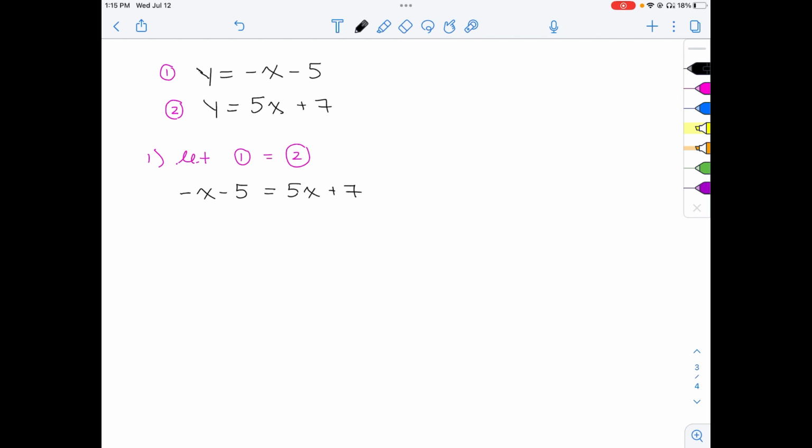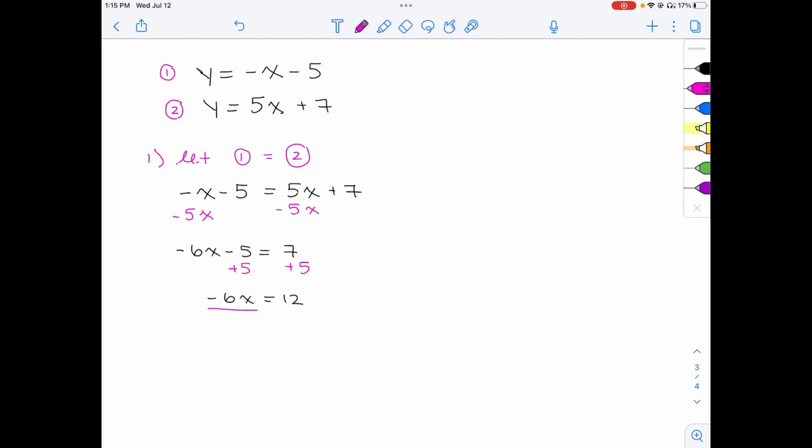So all of the x terms need to go onto one side and the numbers onto the other side. Sorry, not the y terms, the numbers. So I'm going to first bring this 5x term over. So I'm subtracting 5x on this side, subtracting 5x on this side. Then I will have negative x subtract 5x is negative 6x. And now all that's left on this side is just 7. Then I'm going to add 5 to both sides to bring this number over here, which gives me negative 6x equals 12.